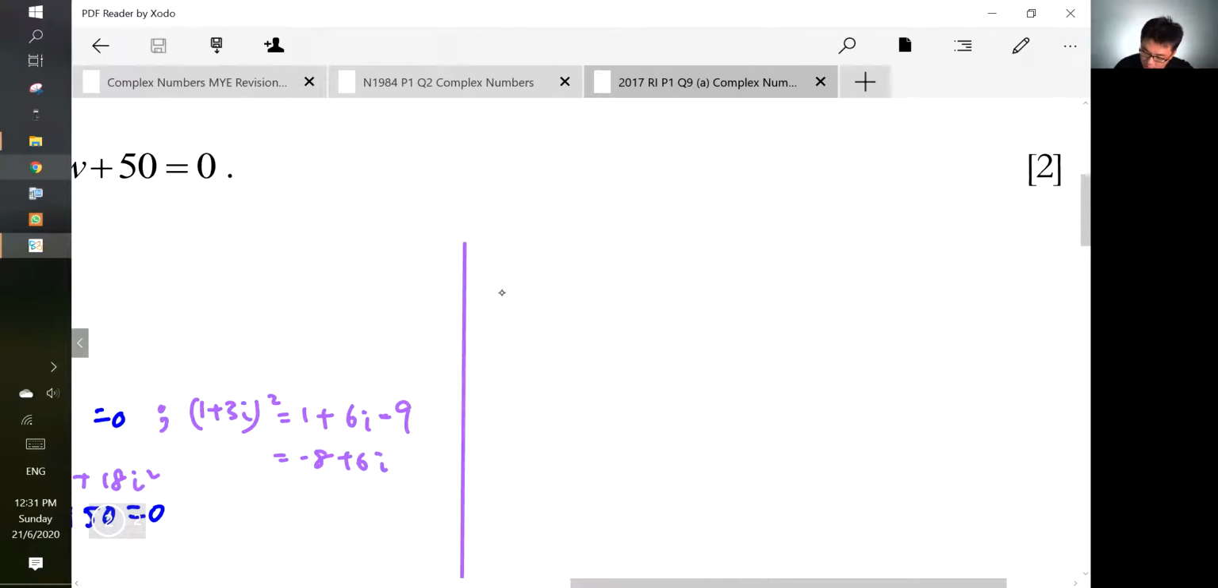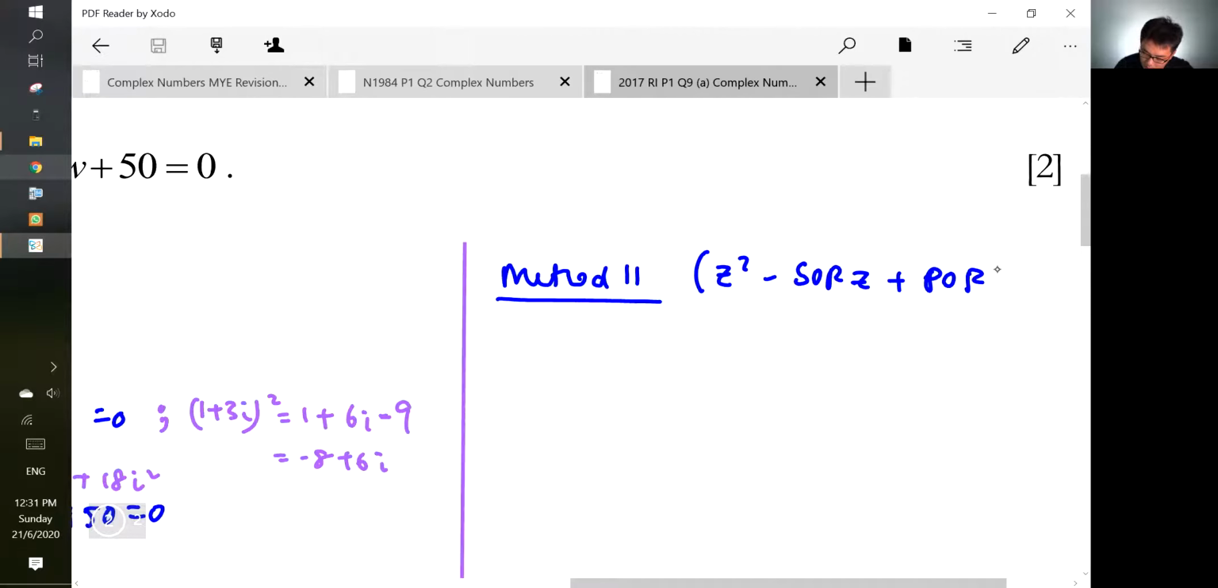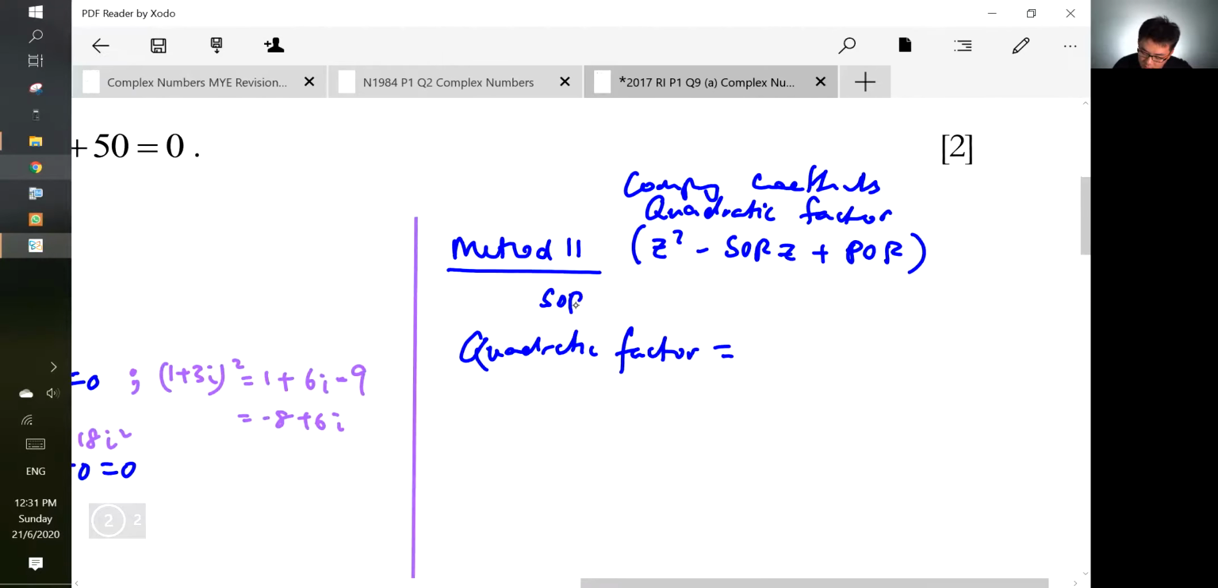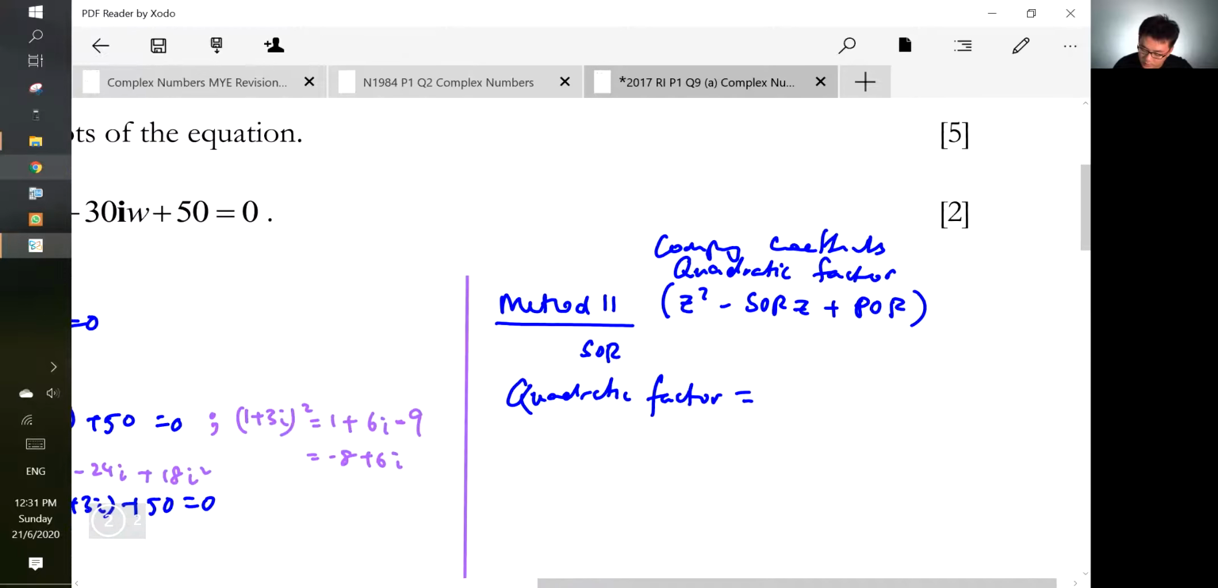I'll use the z square minus sum of roots plus product of roots, the quadratic factor, and compare the coefficient. Okay, so the quadratic factor basically is comparing coefficients. This is faster. So quadratic factor is actually just, can you remember in secondary school you learned sum of roots, right? Sum of roots, since all are real, so since